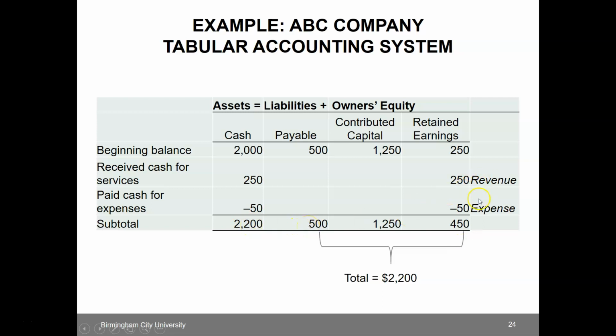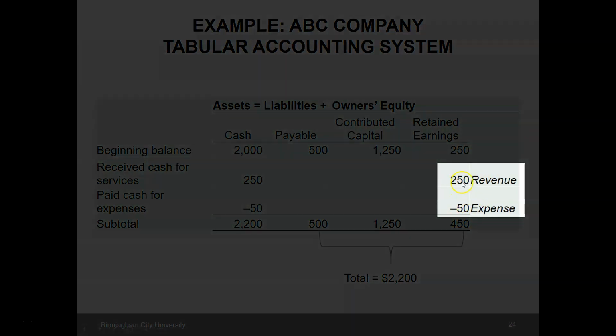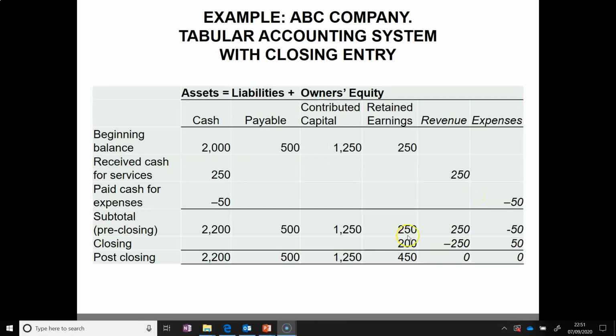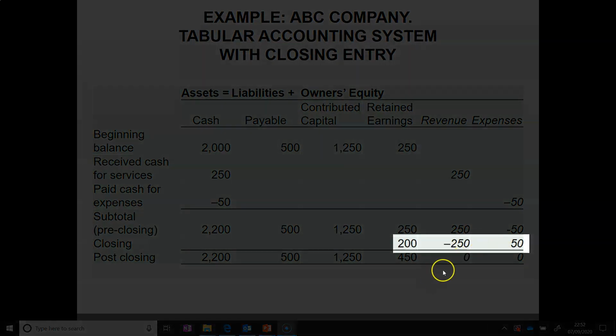Now, the income statement for 2011 comprised two entries, that is the total revenue of 250 and total expenses of 50, which resulted in net income of 200, which was then taken to retained earnings. As we discussed previously, the retained earnings connect the balance sheet and income statement, so we see that there is a closing entry where the net income from the income statement is closed to the balance sheet,